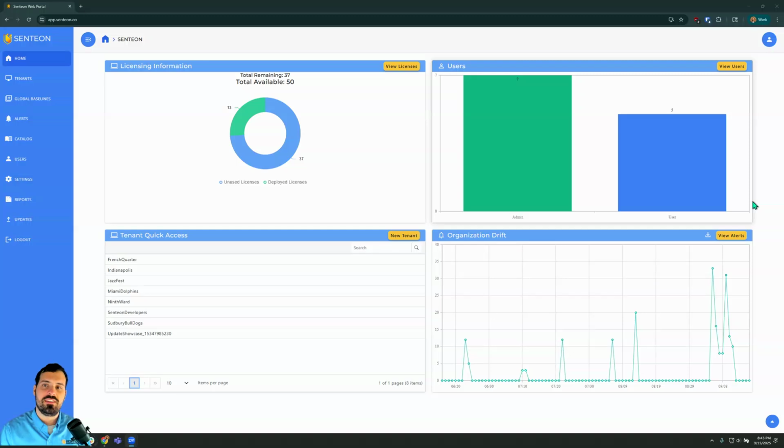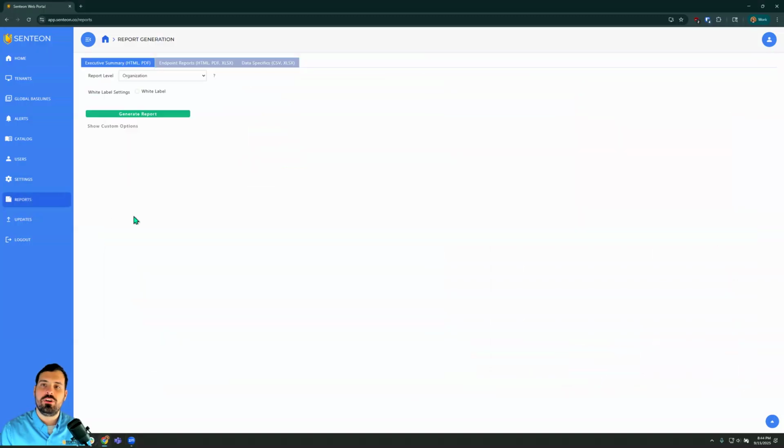So here we'll be discussing some of the report generation you are capable of doing. Again, you will need admin privileges, depending on how your users are set up, to do all of the functionality I'll demonstrate here today. So the first report I always recommend everyone generating is going to be a simple executive